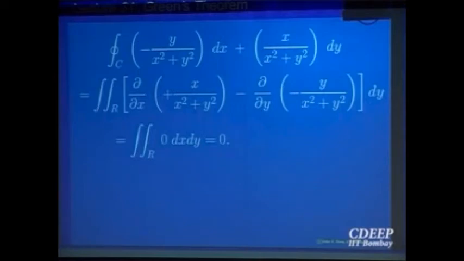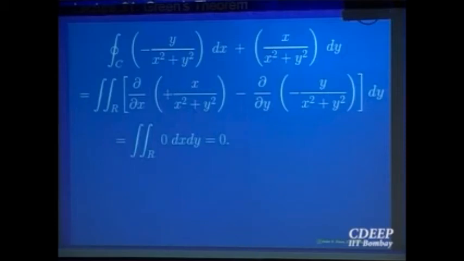As far as this example is concerned, without knowing the curve, without knowing a parameterization at all, I am able to integrate because the integrand happens to be 0 as far as the double integral is concerned. So it says, whatever be the curve, for that vector field, if that simple closed curve does not include the origin, then the line integral is going to be equal to 0.